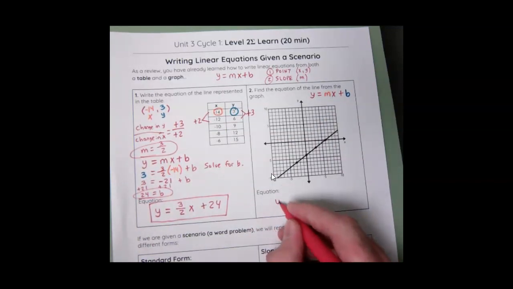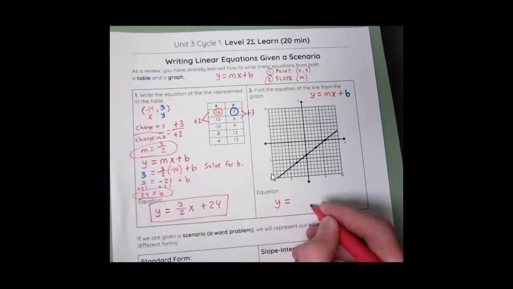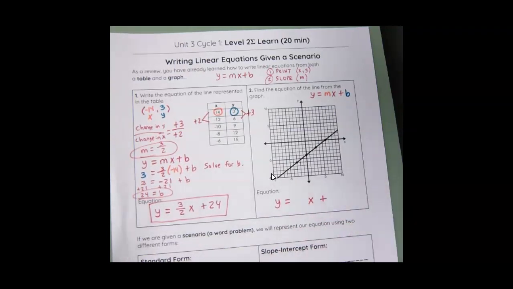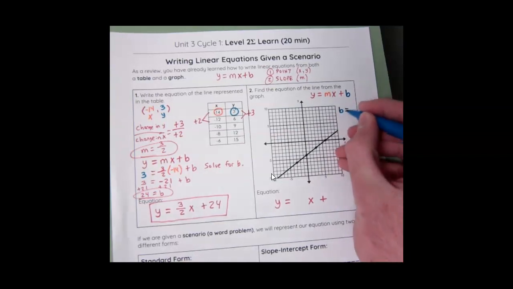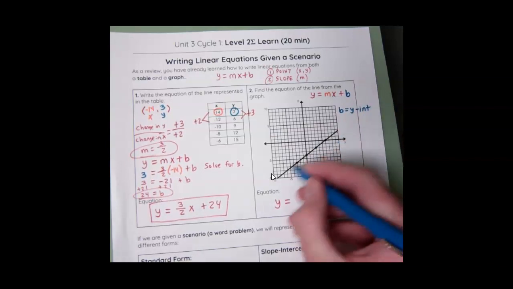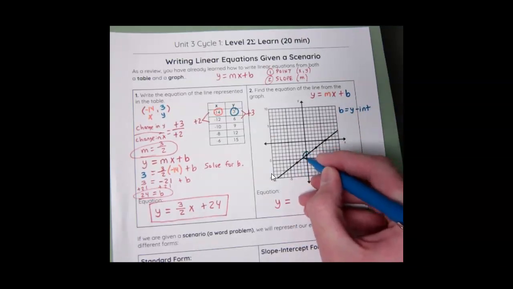So we'll have y equals something x plus something. My b is my y-intercept. It is just where the line crosses the y-axis. So right here,